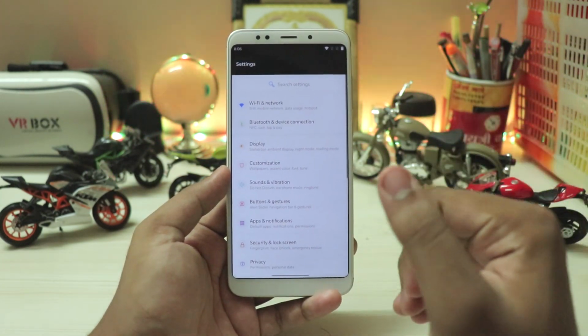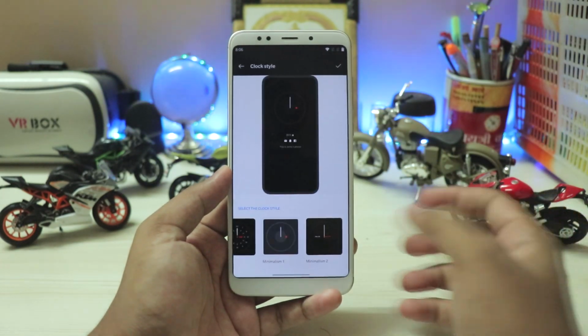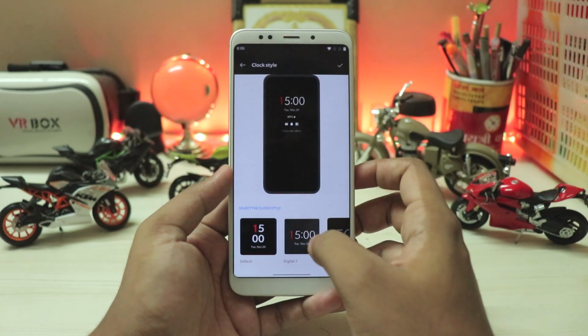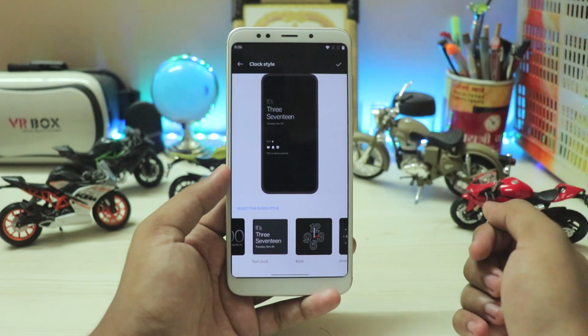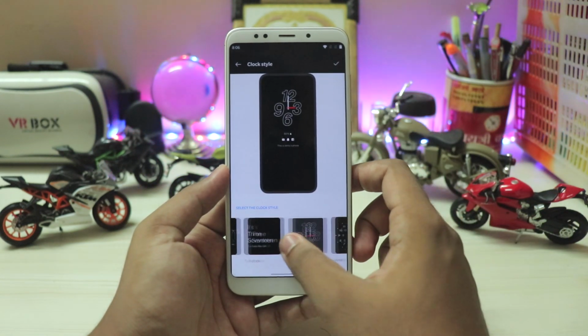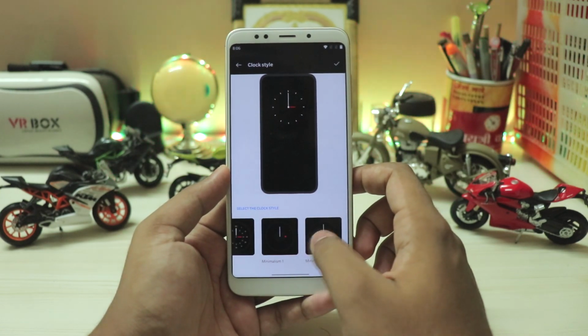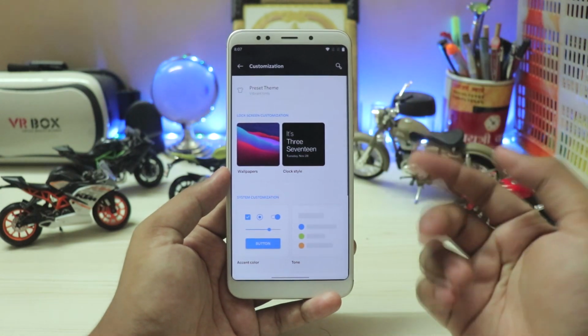Even if you go to the ambient display, you just have the toggle for it. Again, the clocks have been updated, in the customization right over here. And there you go, brand new clocks from Android 10 on the OnePlus 8 Pro. You still have the older ones like the font, which I do actually like. Look at this one, this is really pretty. Then again this one, very big and nice. Then again this one, normal clock. I just like this one, to be honest, very clean. Reminds me of One UI, to be honest.